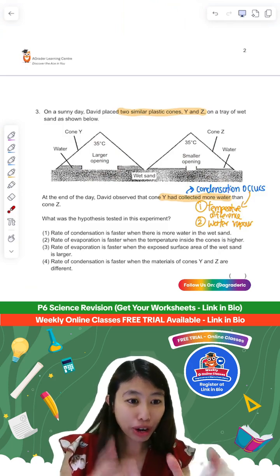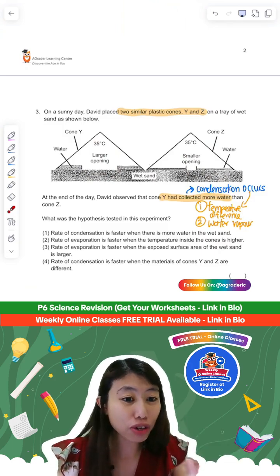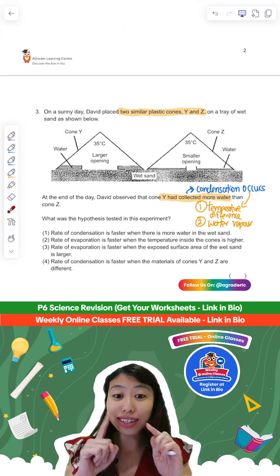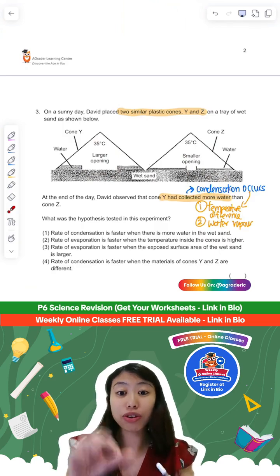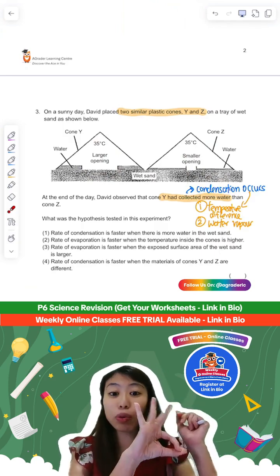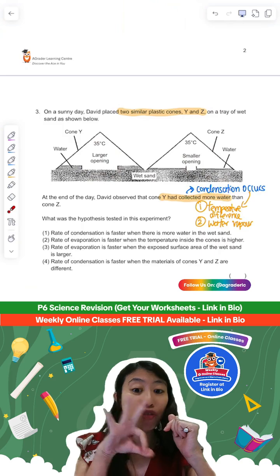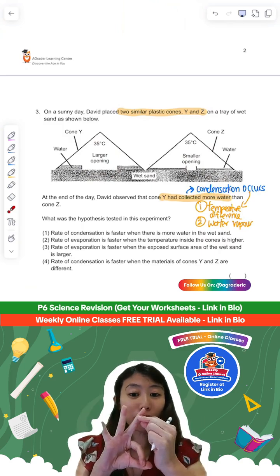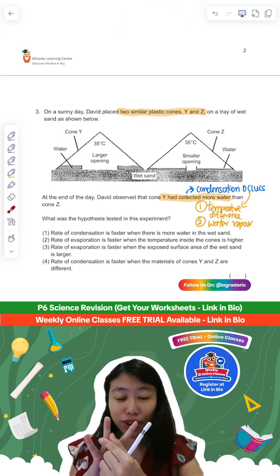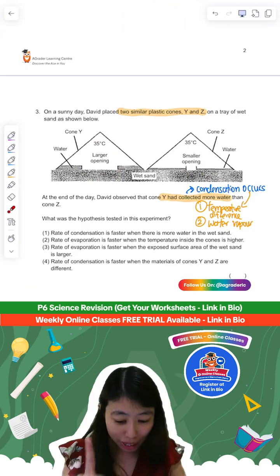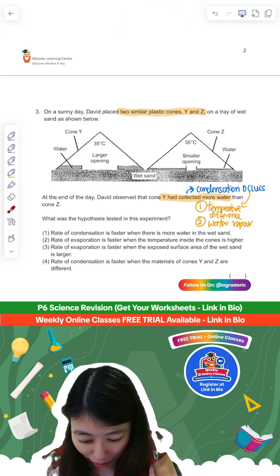Very good. So what are the factors that affect evaporation? Very good, Pia, and all of you. In this case, it is the exposed surface area. Remember, there are three things. Remember the word WET, the factors that affect evaporation. W is wind, E is exposed surface area, and T is temperature. All right, so for this question,